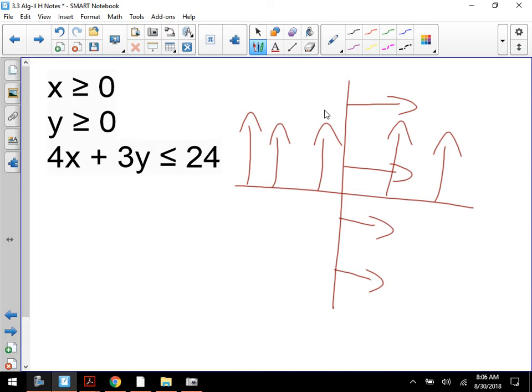From these two, I'm going to use this term called a constraint. It's a restriction that they're putting upon you. From those first two constraints, as reading it, it tells you that no matter what, you're only going to be looking for the overlap that occurs within the first quadrant. So it's kind of a little bit of a shortcut. If you ever see x is greater than or equal to 0, y is greater than or equal to 0, you know that it's a quadrant 1 only problem. So all you have to draw then